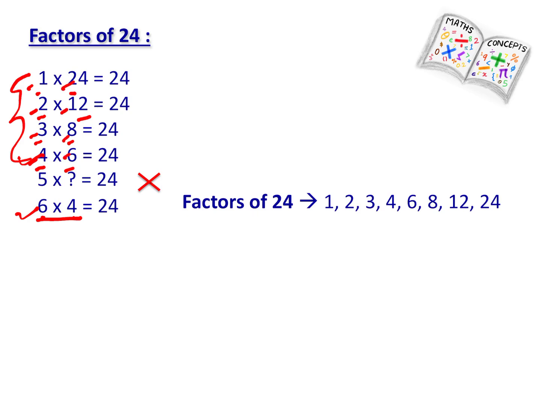Okay, now it may happen that you find out the factors mentally, and you might miss one of the factors. Okay, so how do we check that we have covered all the factors? So here is one method. We pair all the numbers, like first number and last number, we multiply them and we should get the number itself. So 24 ones are 24, that's right. 12 twos are 24, second number and second last number.